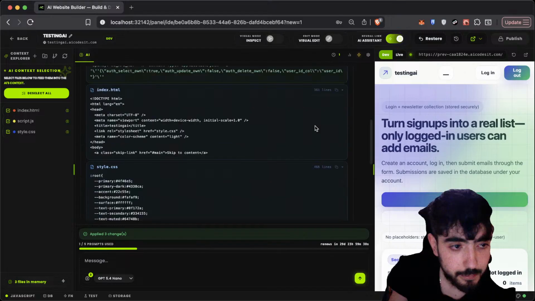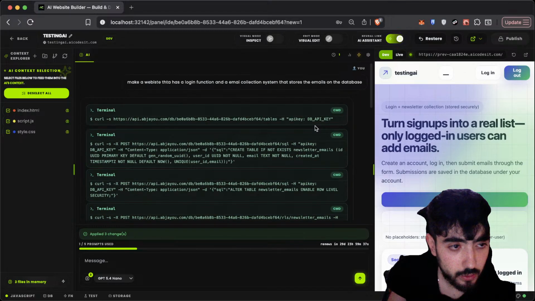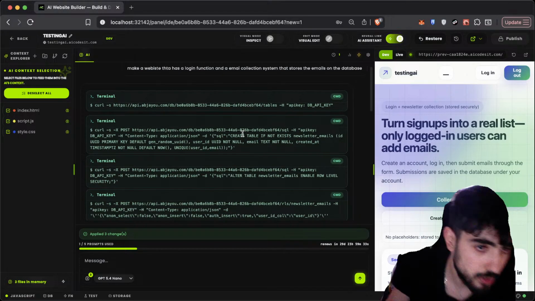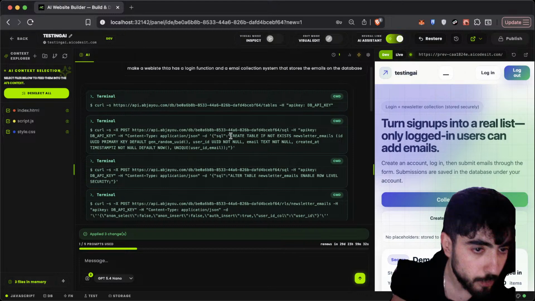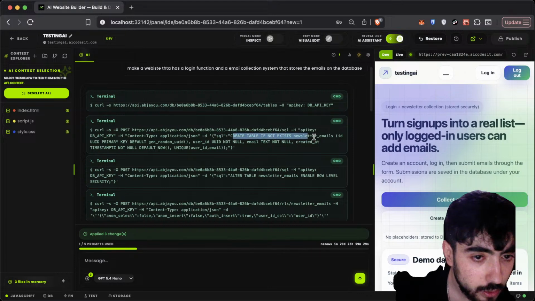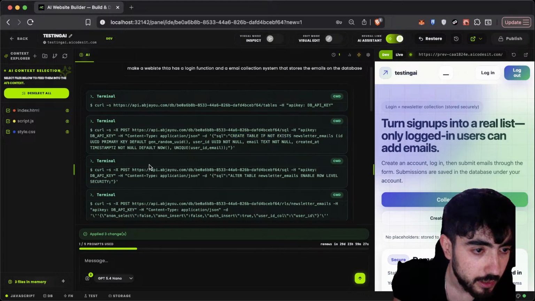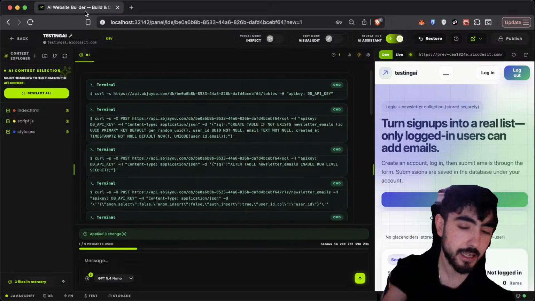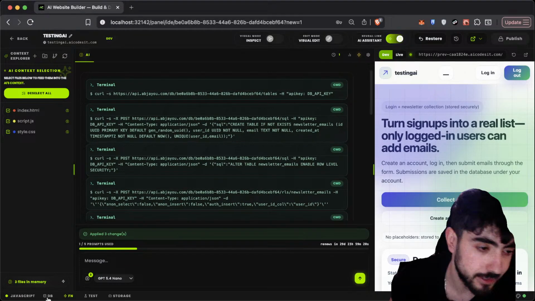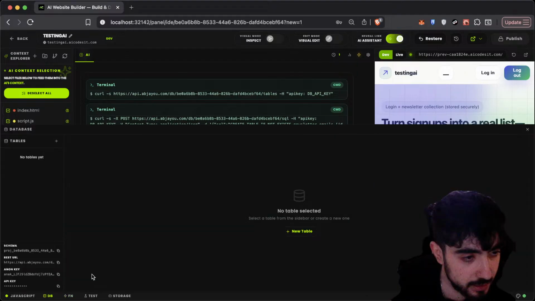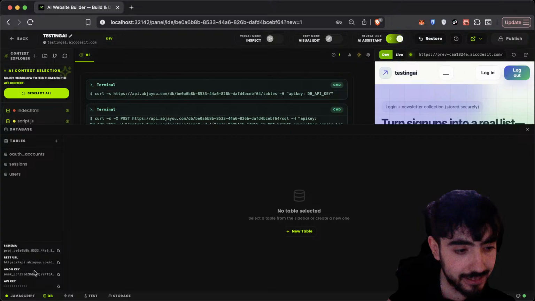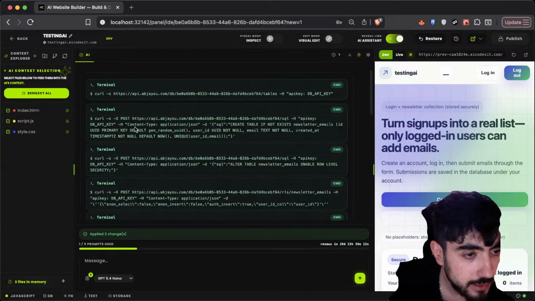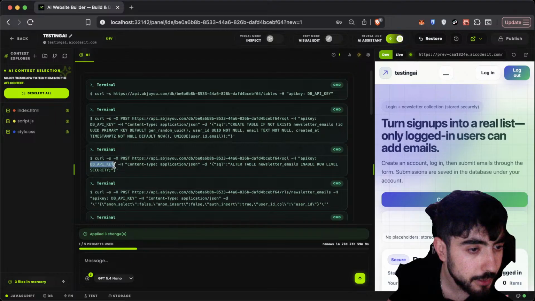Let's see in this case. So it made some things on the database. Let's read this. Supposedly it created a table called newsletter emails. Let's check that. In this platform, which is AI codes it, my platform, we have a database integrated. So we click on database and see if the AI did it. The AI didn't do it. Why? Because I know the DB key should have been different.